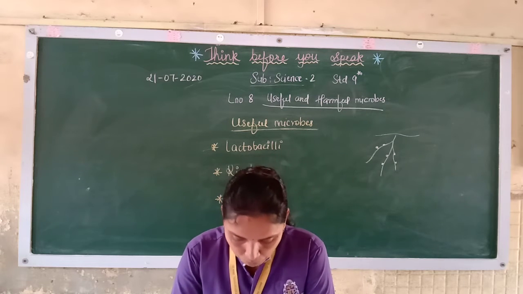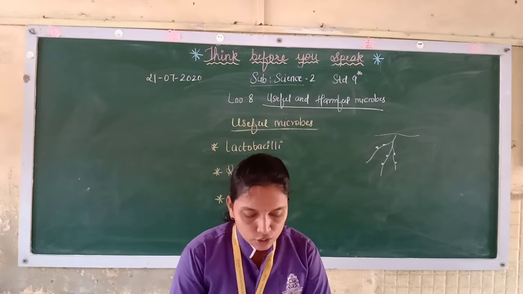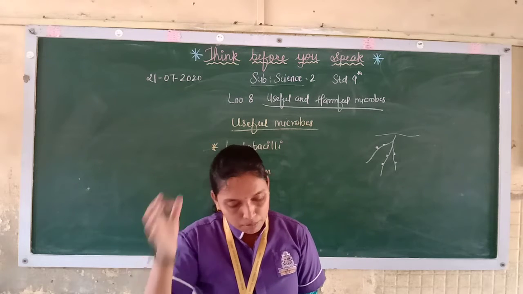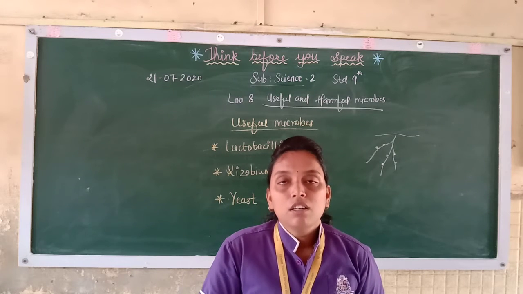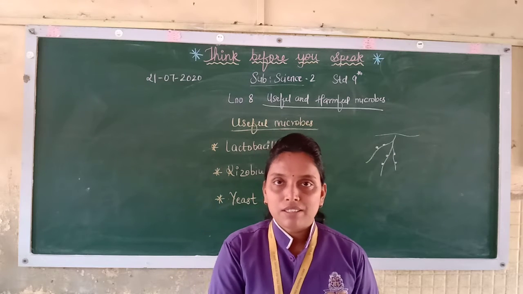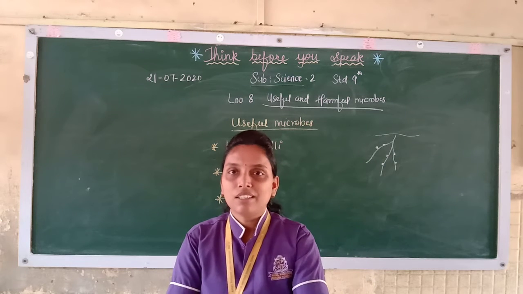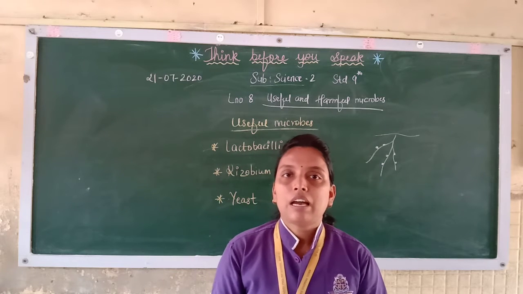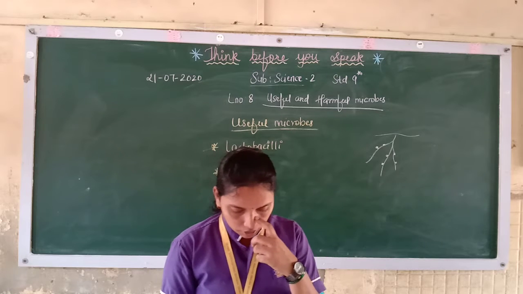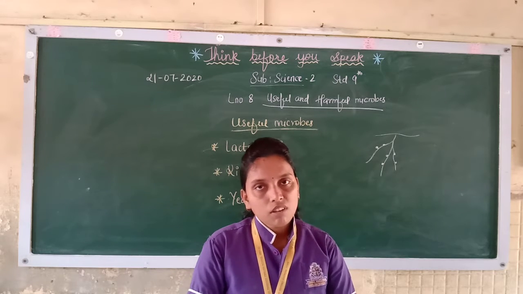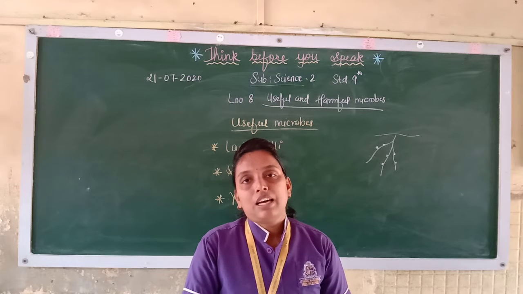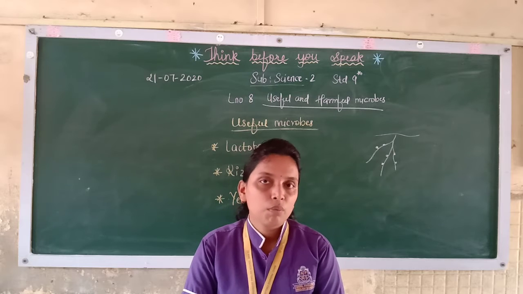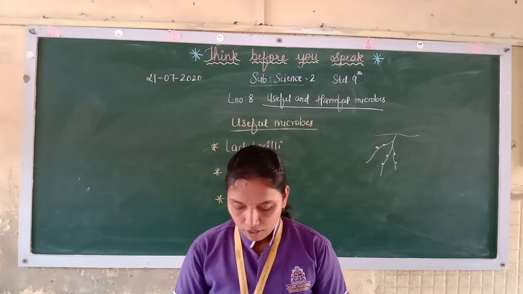So here, the culture of the previous yogurt containing lactobacilli is added to the lukewarm milk. These bacteria bring about the chemical change in the milk. If you have a previous culture of lactobacilli, you can take a little bit and put it in the fresh milk. So what will happen? The entire chemical reaction will take place, and the entire milk is then converted into yogurt. Same as I said earlier, lactose is converted into lactic acid. This process is known as fermentation, and the final product we get is the yogurt.